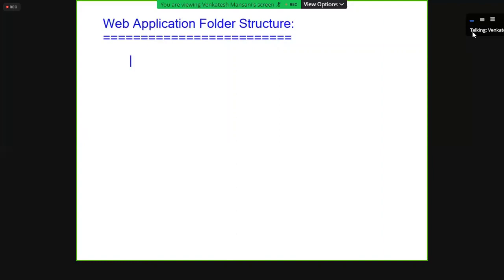Now, first of all, we have to create one folder. The folder name, whatever you want, you can write. Listen, any one folder name. Suppose the folder name is root folder. I'm writing: folder name is root folder. Whatever you want, you can write. Root folder. In this folder,